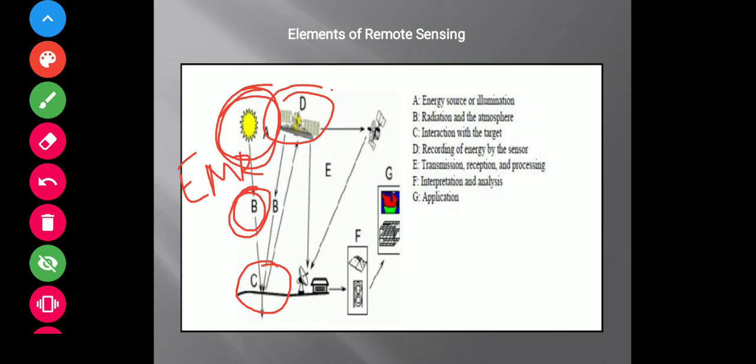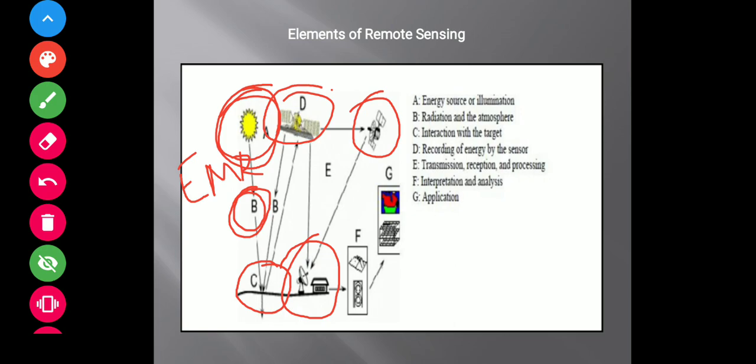Now, these sensors record the energy received from the target C. After recording, the energy is transmitted to the geostations present on the earth. These geostations can be in the visible side or in the range of the sensors, or sometimes the satellites are very far and not in the range of these geostations. So they take the help of intermediate satellites to send the information to the geocenters.